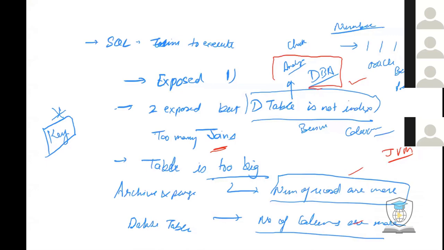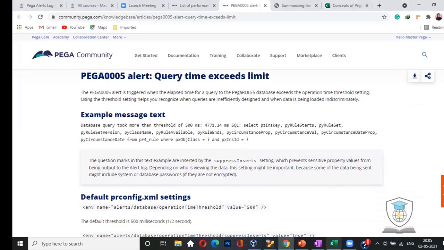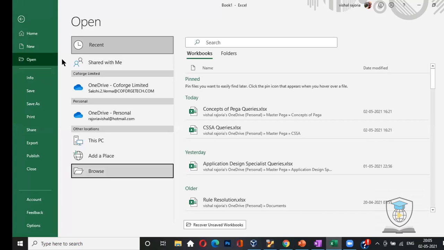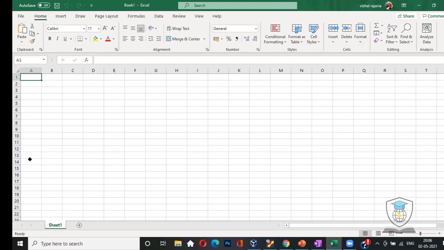One of the things that I can recommend is that you do a little homework, and I can share my screen again. Sorry, my system crashed and it was giving me an option to recover that.